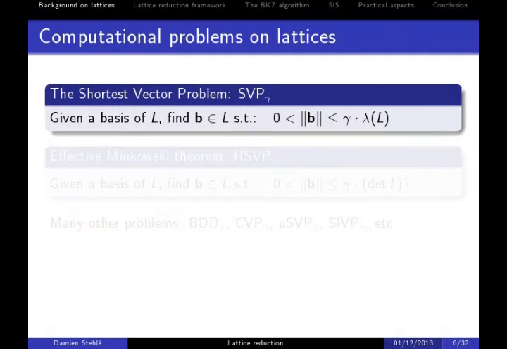Okay, so some computational problems related to lattices. The most famous one is the shortest vector problem. It comes with a parameter gamma. First, let's think of gamma equal to 1, which is the hardest case. We are given the basis of a lattice, and we want to find a vector b which is non-zero, because 0 is always obvious to find, and whose norm is smaller than lambda. And there is only one possibility. If you have a lattice vector of norm smaller than lambda and non-zero, the norm has to be equal to lambda. So the shortest vector problem asks you to find a vector in the lattice with smallest non-zero norm.